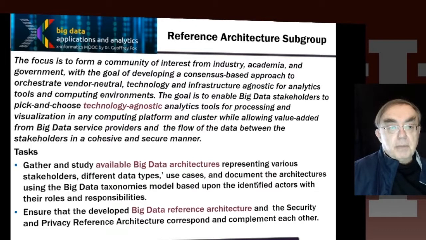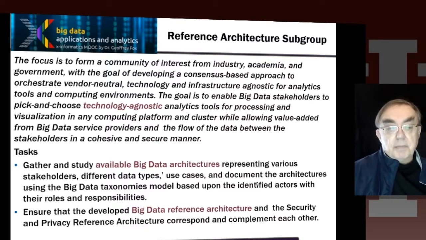So remember, it has a charter. It starts off with the generic charter about community of interest, covering industry, academia, and government, being agnostic as to everything. So we play no favorites. And then we want to produce the reference architecture that somehow allows this competition between IBM and Apache and Microsoft and the different research groups at universities and the different compute providers.